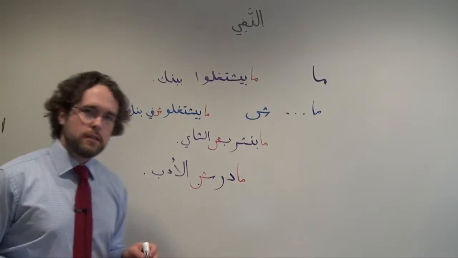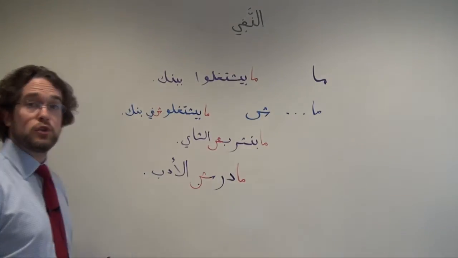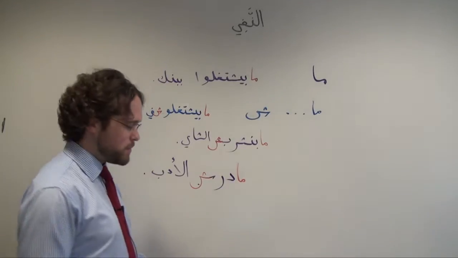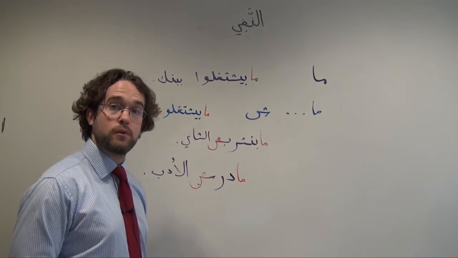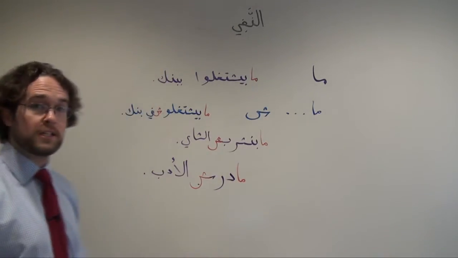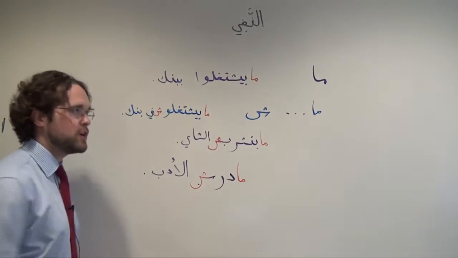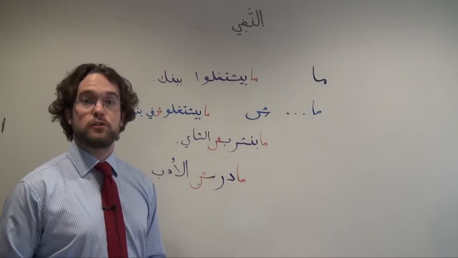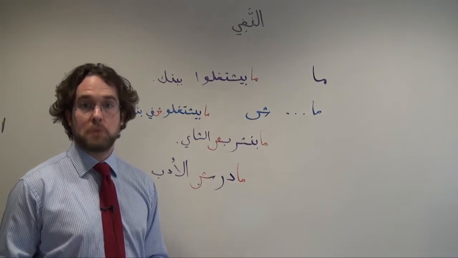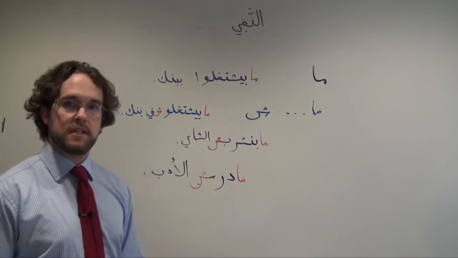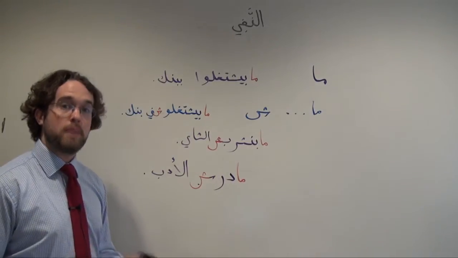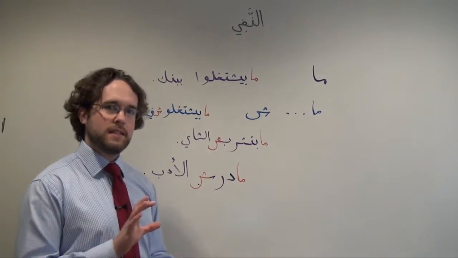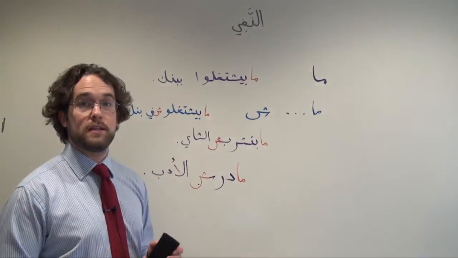I want to focus a little bit on how to negate to want in Arabic. You might remember that we have a separate video on how to talk about wanting and expressing the verbal idea of wanting in Arabic. And in formal Arabic, we have a conjugated verb arada, yurid, to express the idea of wanting, but in many dialects we have a slightly different word, and Egyptian and Levantine are no exception.